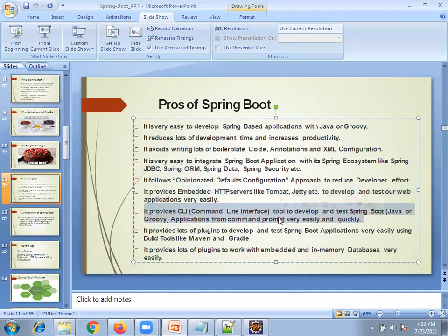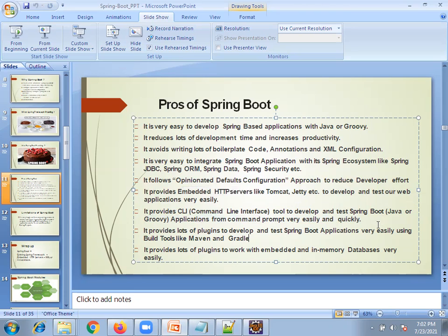Like that, you can start your Spring Boot application using the command prompt also. This is a very easy and quick way to start the server. So even though you are developing any application, you can run it using the command prompt. The same way you run a core Java program, you can run it using Spring Boot too.